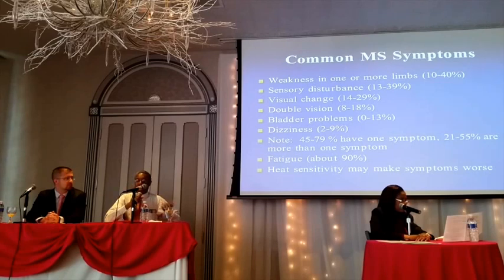But the other symptoms that go along with MS are pretty straightforward, and it all depends on what part of the brain is involved. If one of the parts of the brain that controls muscle function is affected, then you may have weakness of one limb or both legs if it's the spinal cord, or one side of the body if it's on the opposite side of the brain. If there's a portion of the brain or the spinal cord that controls sensation involved, then you may have tingling, numbness, burning. You can have any abnormal sensation that you don't want.